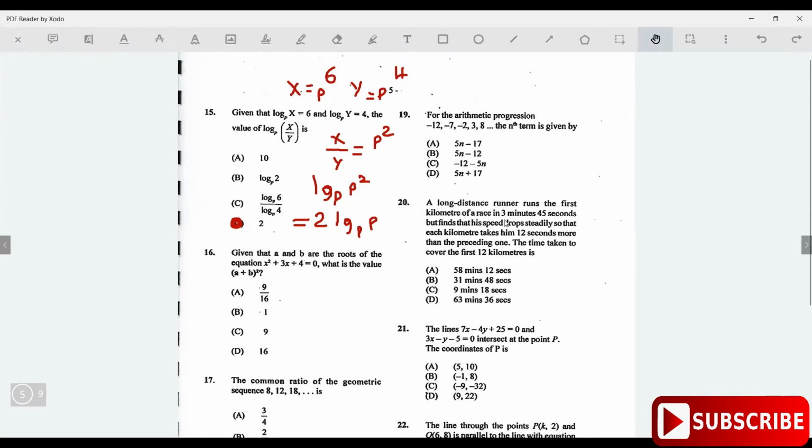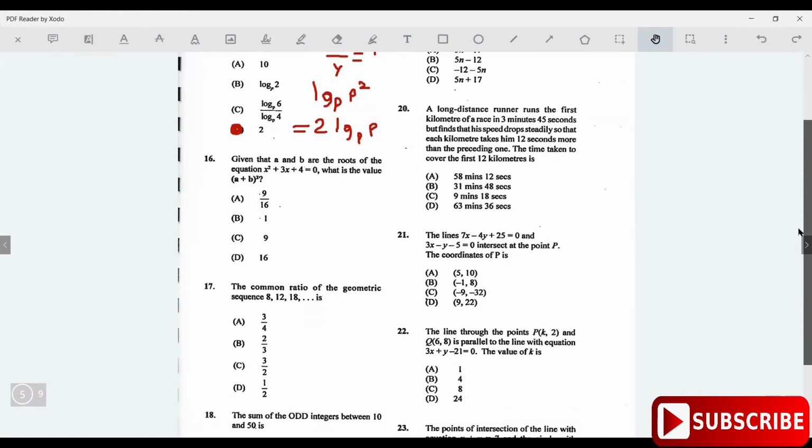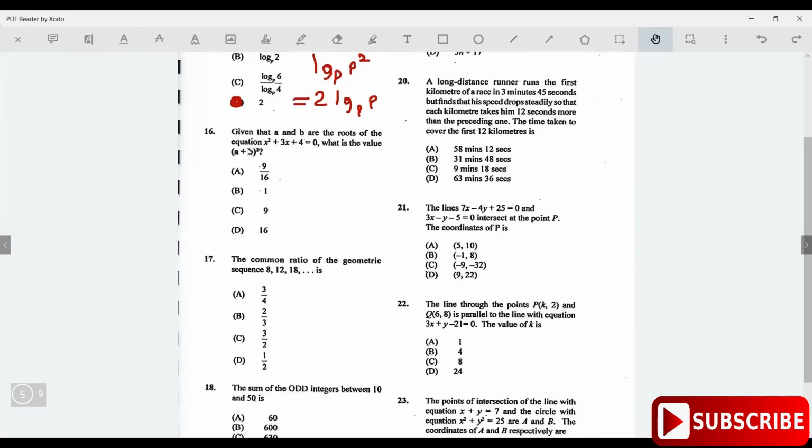All right, question 16. Given that a and b are the roots of the equation x squared plus 3x plus 4 equals 0, what is the value of a plus b all squared? Now to work this out, first thing you have to write down is the fact that a plus b all squared,